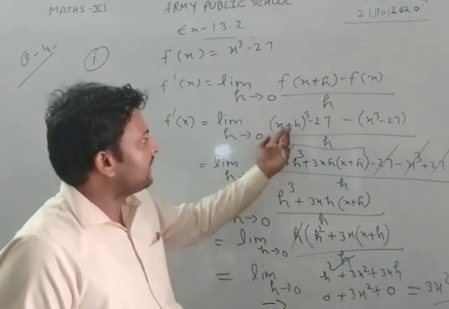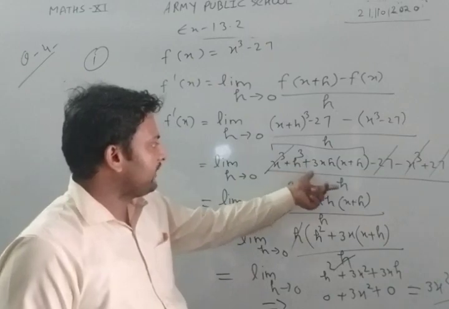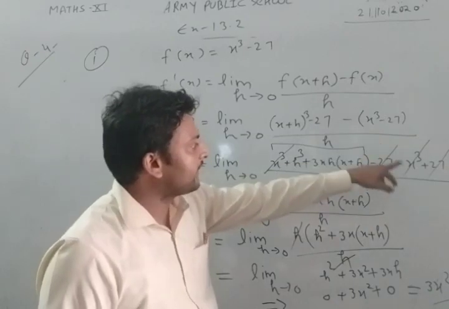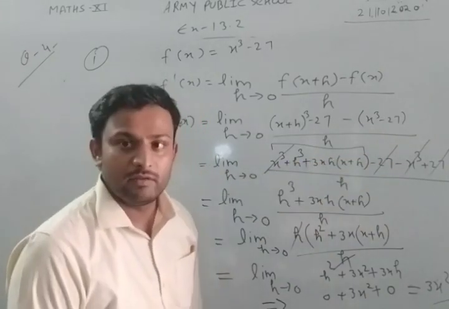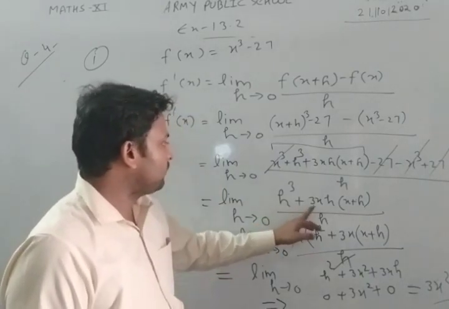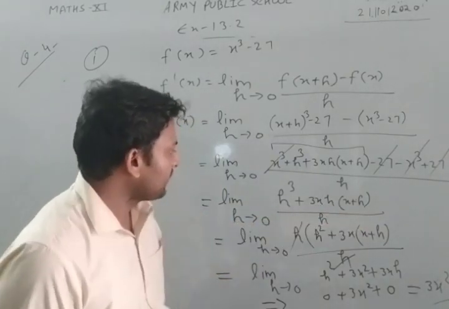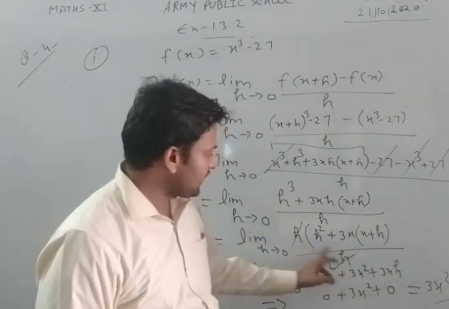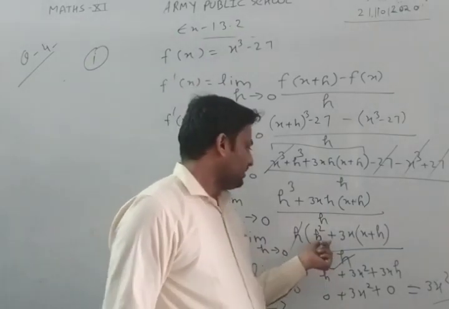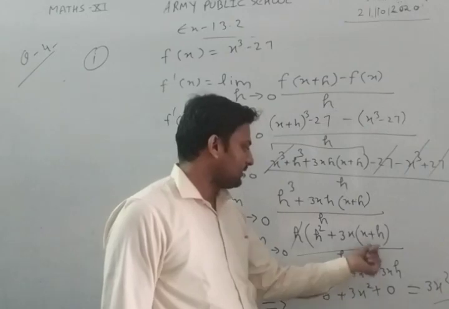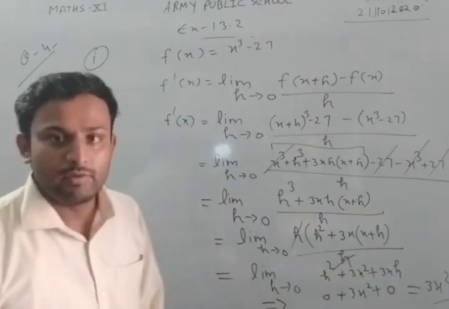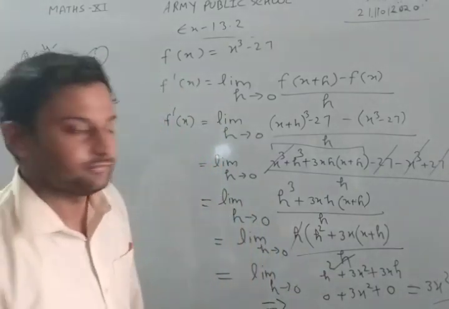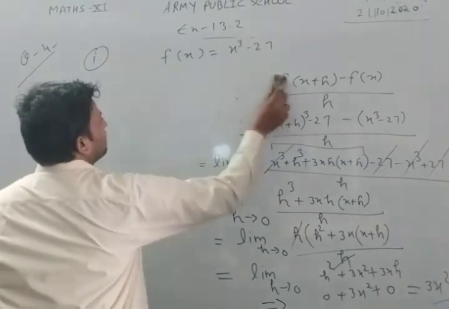So what we have done here, we apply the formula a cube plus b cube plus 3ab under bracket a plus b, and this is minus 27. After opening the bracket, x cube minus x cube plus 27 we are getting. Now a cube plus 3xh x plus h divided by h. Now taking h outside, h square plus 3x x plus h by h. This h will be cancelled with this h. The remaining term is h square plus 3x square plus 3xh. Now we put the value of h, which is 0, we get the result. Okay. Now we will see the next question.